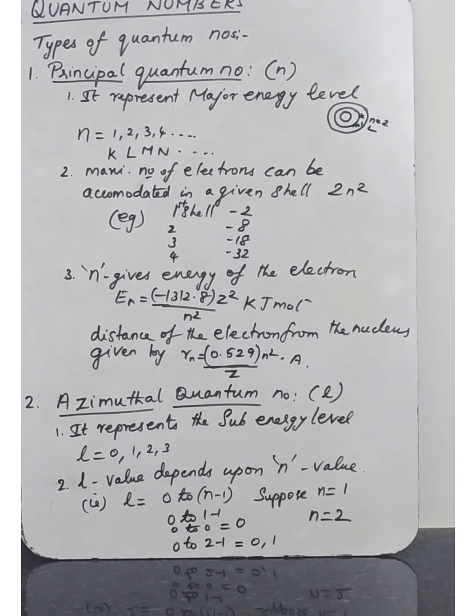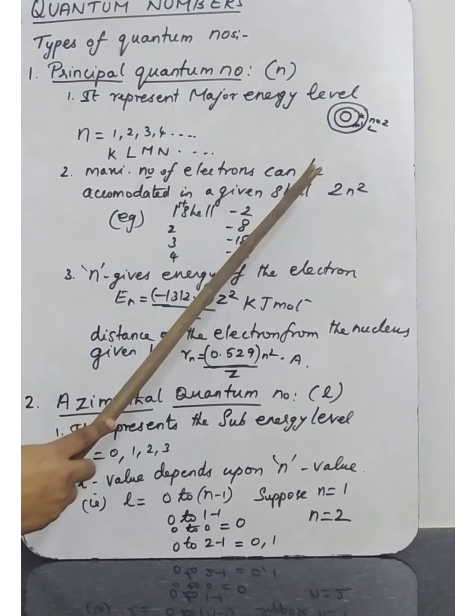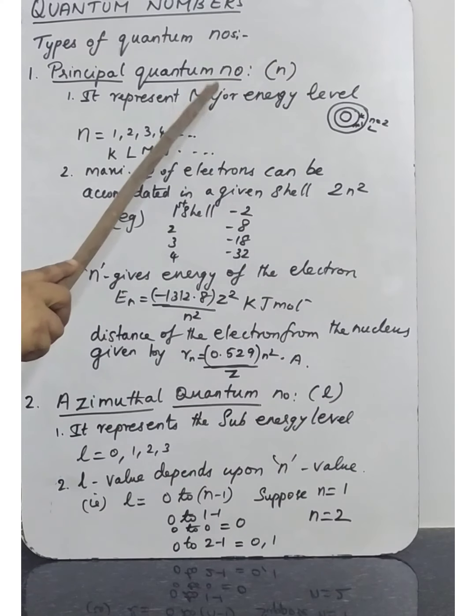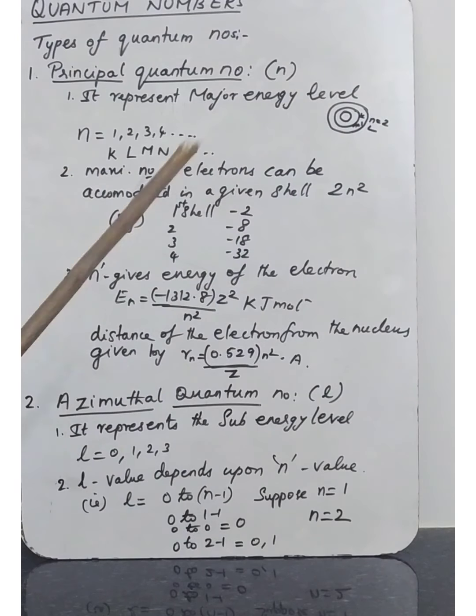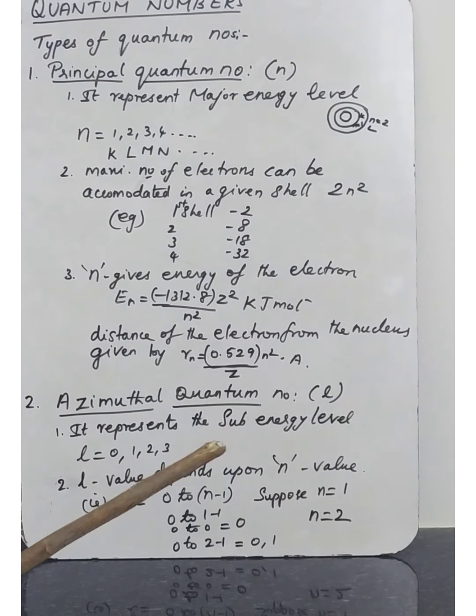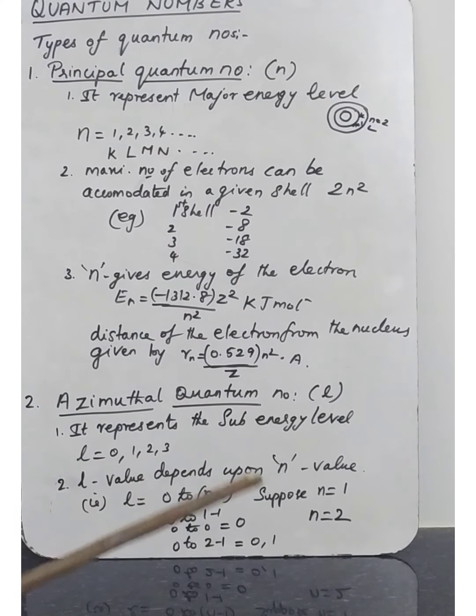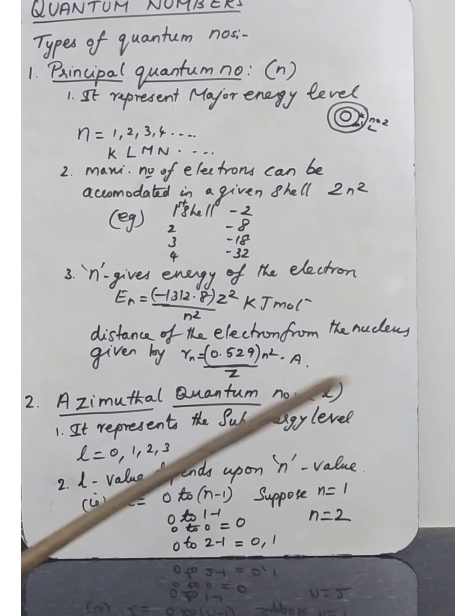So we are designating the orbital. We are saying this is the major energy level or orbit. Inside the major energy level, the subshell is there. Inside the orbit, the orbital is there. There are totally 4 types of orbital, but there are many orbits, K, L, M, N, O, that way will come. But only 4 orbitals. Understood? If l is equal to 0, s orbital. If l is equal to 1, p orbital. If l is equal to 2, d orbital. If l is equal to 3, f orbital. So l values are integral values from 0, 1, 2, 3 like that.